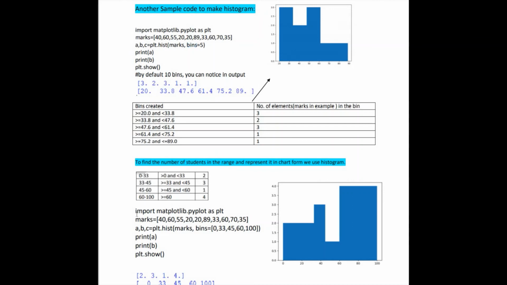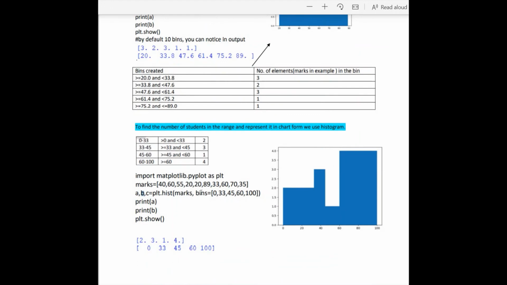So programming wise, if we focus, the first line is importing the module, the second line is about storing the marks in the list, and in the third line, for explanation, I have again taken the return values in the three variables a, b, c, and actually we are printing only a and b because they are meaningful for us right now to understand how the histograms have been plotted. If you notice, the second parameter is not like bins equals 5 or bins equals 6.